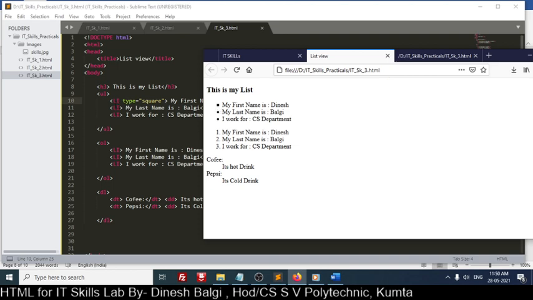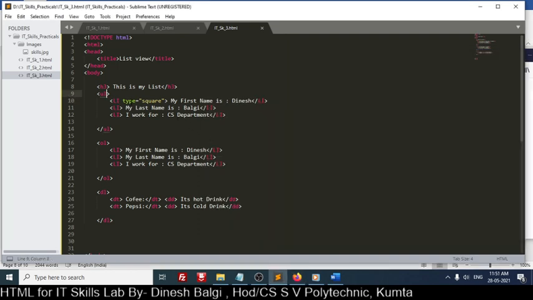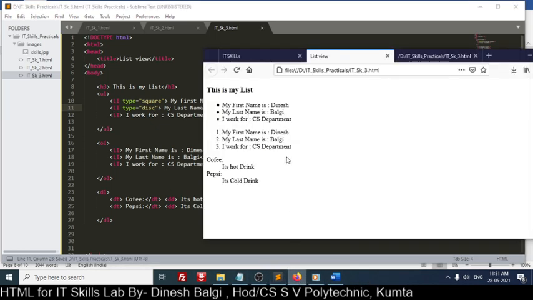If I put it for the list tag, it will be for only one item. Same way, if I type disc, which is also there, by default it will be circle. I will make it a disk. I'm not sure, DISK or DISC. I will try first DISC, then save it and refresh it. Okay, it's not working.